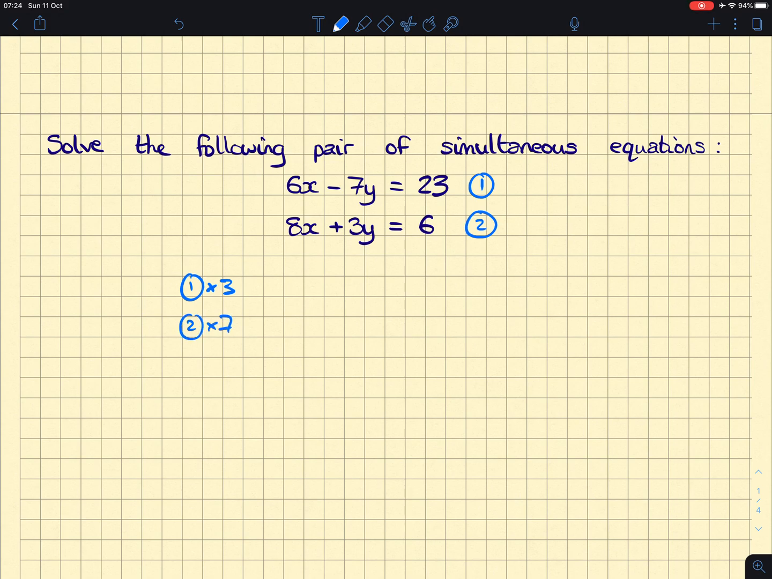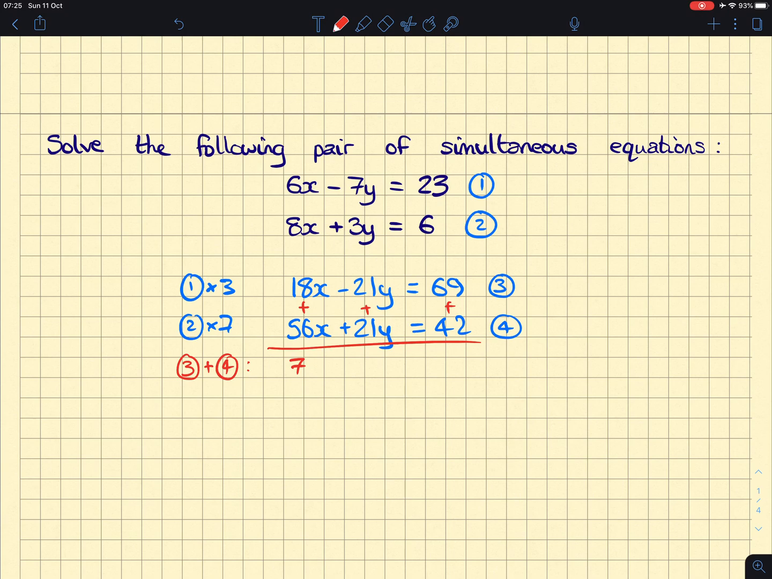So 6x tripled becomes 18x, minus 7y becomes minus 21y, and the 23 becomes a 69. That's equation 3. 8x times 7 becomes a 56x, plus 3y becomes a plus 21y, and 6 becomes a 42. That's equation 4. Then, in order to make these cancel one another, I'm going to have to add them together. So adding these equations together, or in other words, doing equation 3 plus equation 4, is going to give us